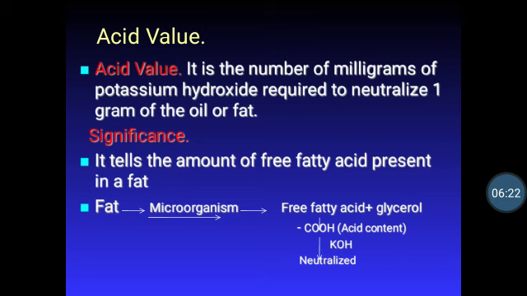Now, as time passes, there is a growth of microorganisms. These microorganisms secrete an enzyme which can break down the fatty acid from the glycerol, liberating free fatty acid. Free fatty acid contains a COOH group, a carboxylic group, and because of this increase in acid content, the pH of such fat gradually changes with passage of time and becomes acidic. Now, if we want to identify and quantify how much acidic group is present, then we have to employ a certain technique. The simplest one is titration.